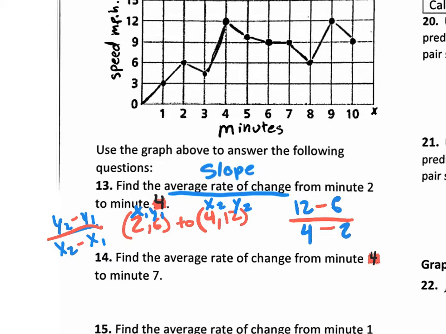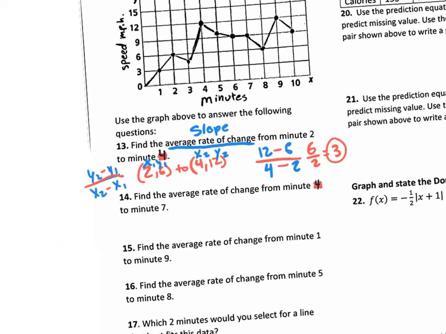So your answer up on top, 12 take away 6 is 6. The bottom, 4 take away 2 is 2. So the average rate of change is 3. Okay, that's your answer for number 13. So there's only one of these questions on the midterm, but of course we put several so you could practice